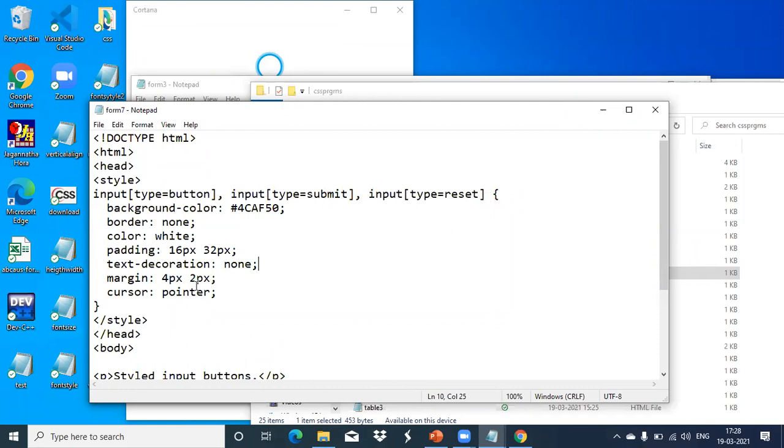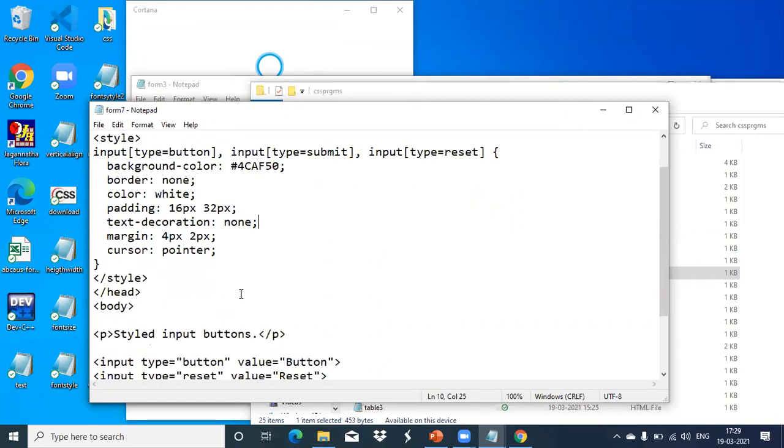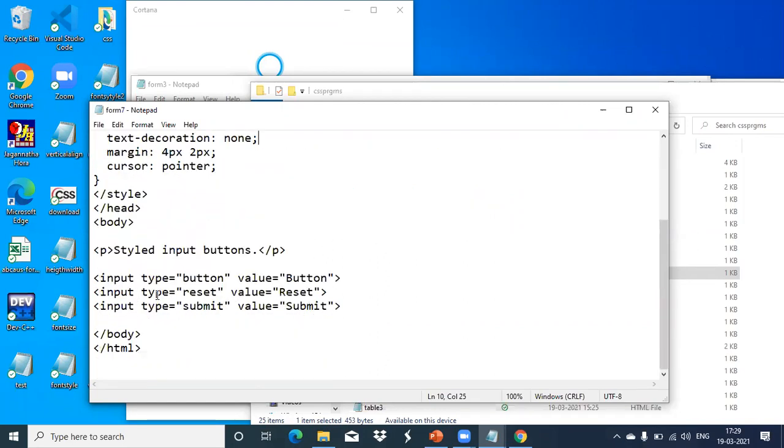Then we are implementing the styles for these tags. Text decoration, do you remember? Yesterday we have done. If you are not giving text decoration, it will not show the underline and all for the text values. Margin, and for the cursor we are telling pointer. That means when I point to that one, it should work like that.